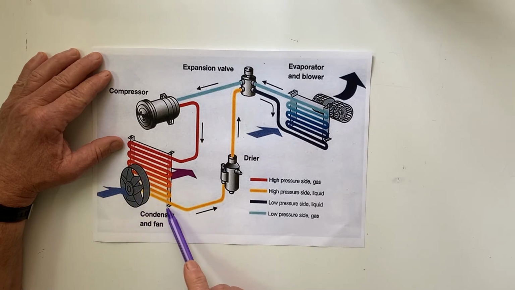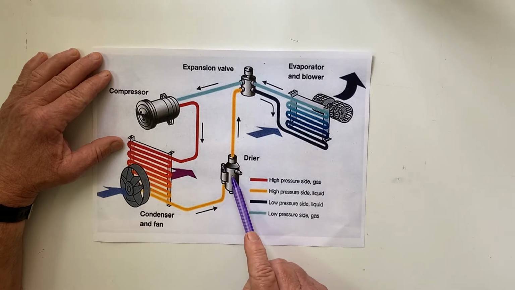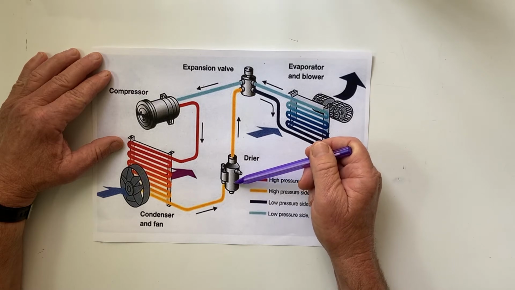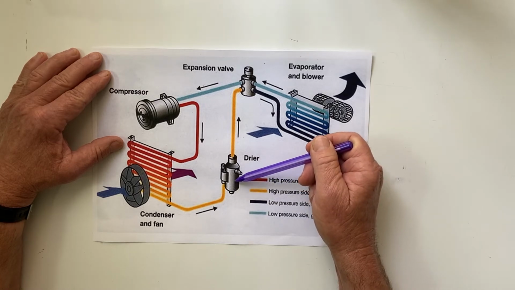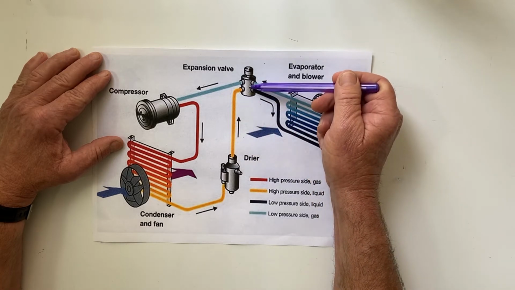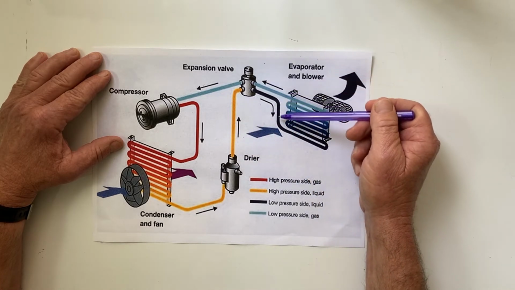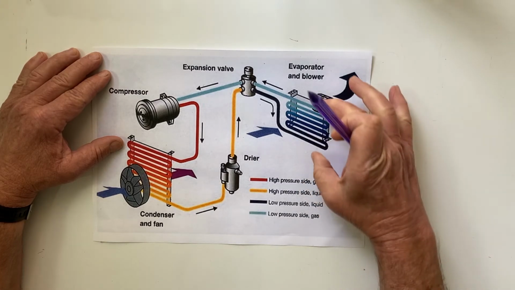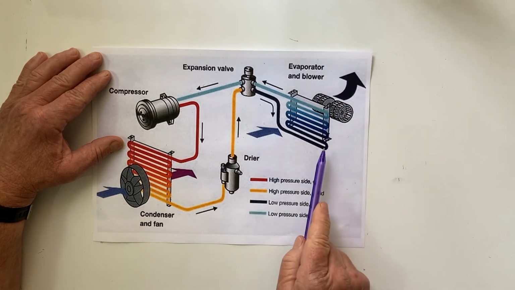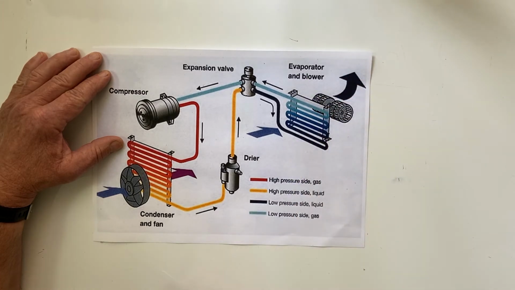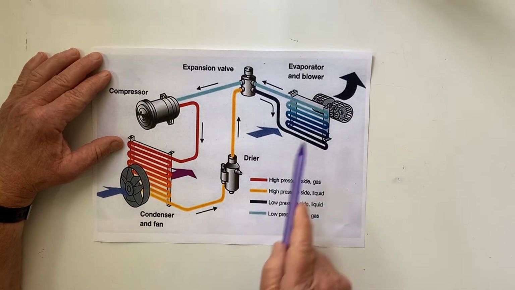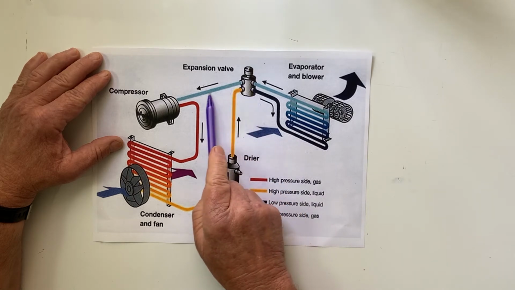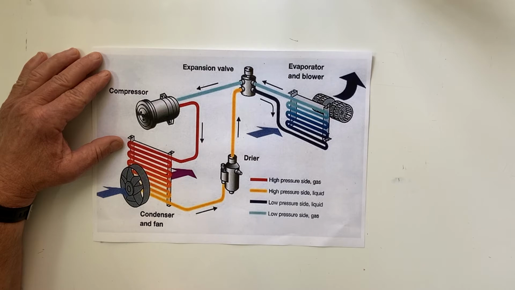It then makes its way into the receiver dryer, which is like a filter, and that also absorbs any moisture that might be in the refrigerant. It then makes its way up through to the thermal expansion valve, and as it passes through the thermal expansion valve, it goes into the evaporator. The evaporator is located inside the machine or the vehicle, and that's the part that actually removes all of the heat from the inside of the vehicle. After that, it returns back through the thermal expansion valve and makes its way back through to the compressor. So